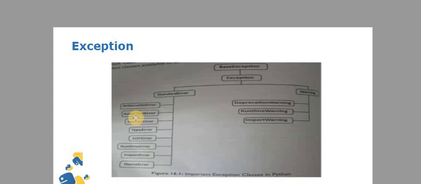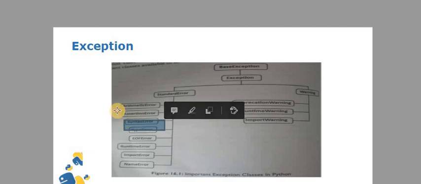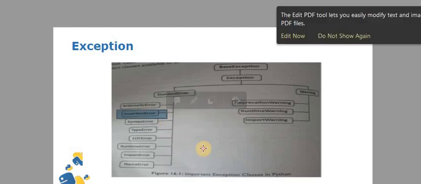In the standard error, there are many different types of inbuilt classes through which we can handle certain errors: runtime errors, import related errors, type related errors, syntax related errors, and arithmetic errors.